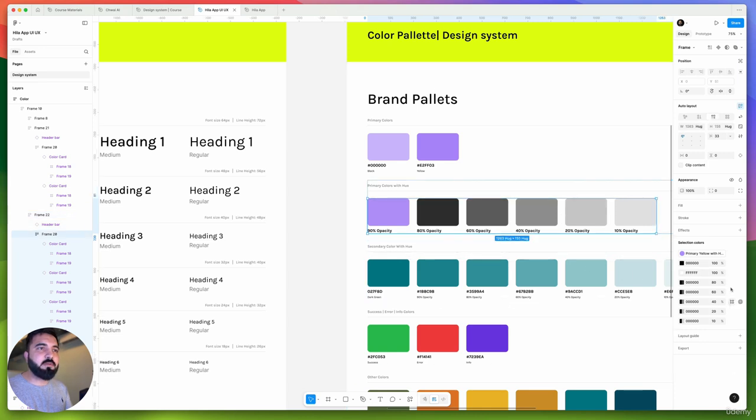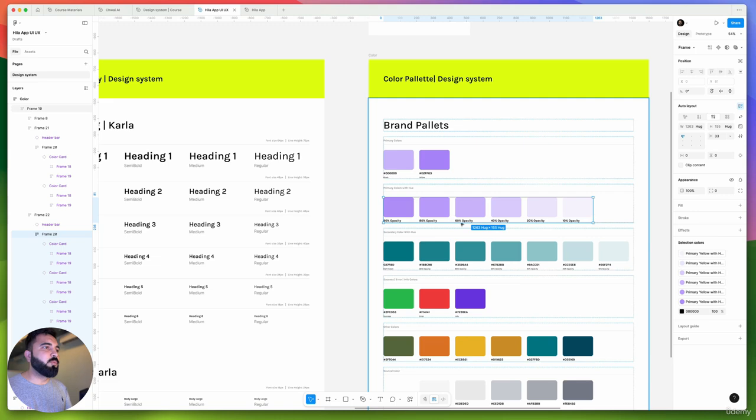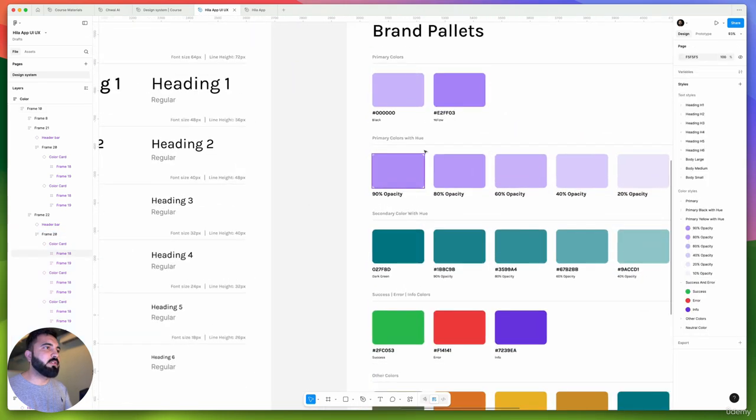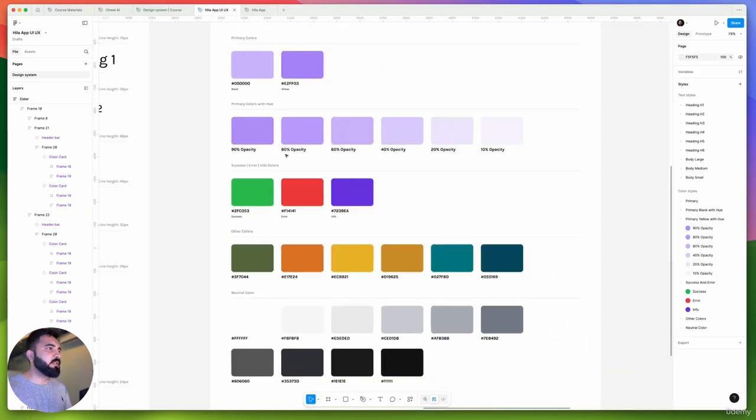All right, and now let's do it one by one. So this is 80% opacity, so I will go ahead and apply 80% opacity here. Now this one is 60, so let's apply 60% opacity here. This one is 40, so let's apply 40. All right, this one is 20, so let's apply 20 here. And then lastly we have the 10, so let's apply the 10 opacity. Super. So we are done with the primary color with hue, and we don't need secondary color,